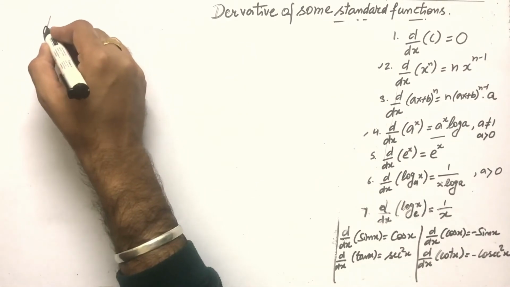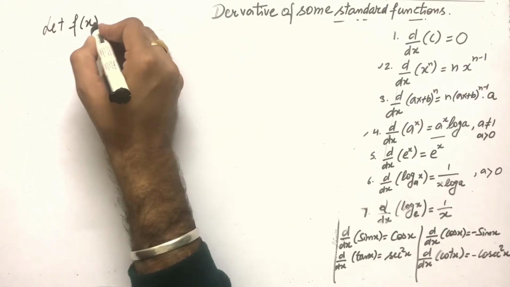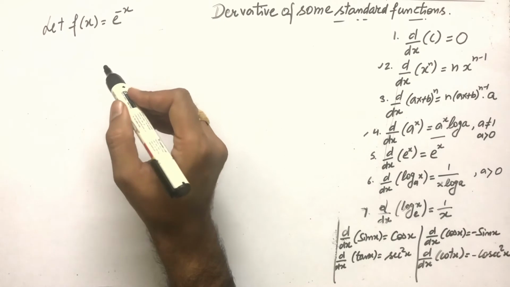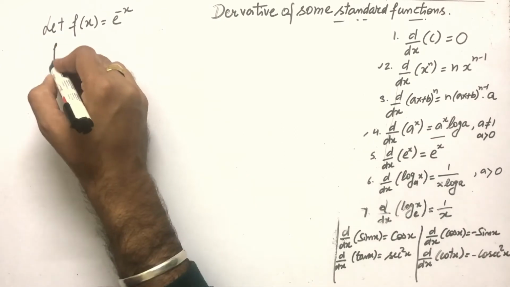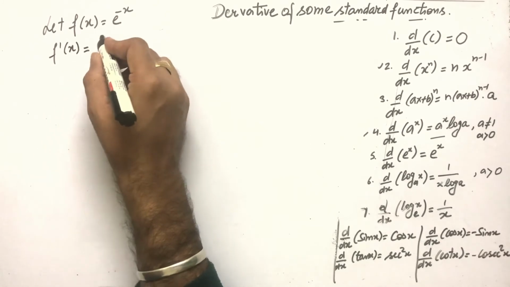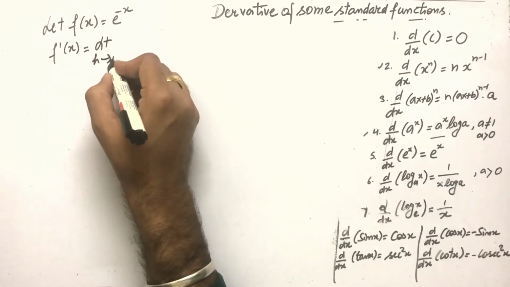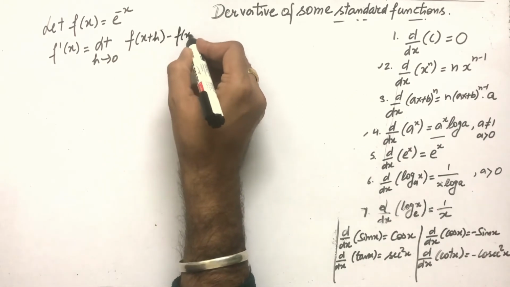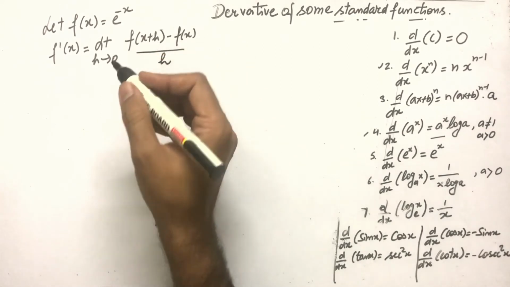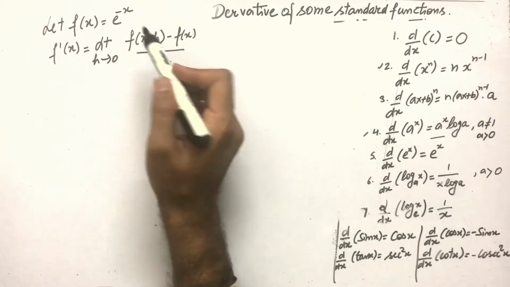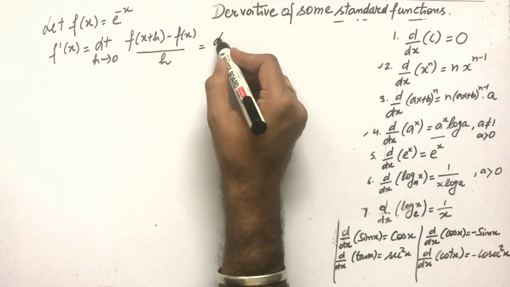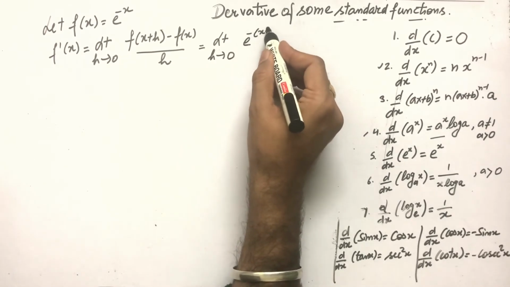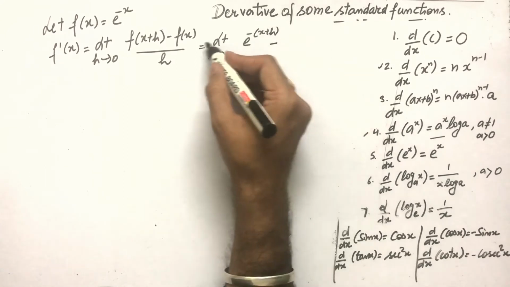Next numerical. Let f(x) is equal to e power minus x. And the question is, find its derivative using first principle. So again, we know the formula. f dash x is equal to limit h tends to 0, f of x plus h minus f(x), divided by h. And as f(x) is e power minus x, how much is f(x plus h)? So very easily we can put the value, e power minus (x plus h) minus f(x) as it is,